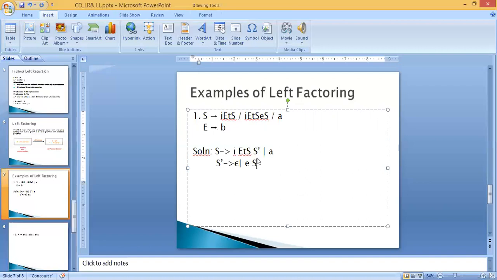What about E gives b? That is also giving us no problem, right? So write it as it is. So do not leave any rules which do not cause any problem, okay? Because we don't really work on them, right? So sometimes we tend to forget to include them in the worked solution. So do not forget them, like I forgot a over here. So always include them as they are, okay? So this is an example for eliminating common prefixes.